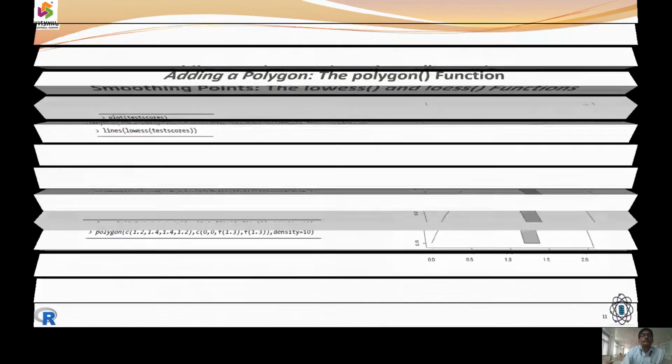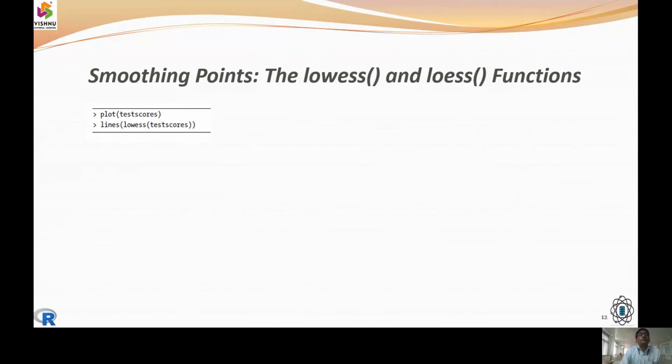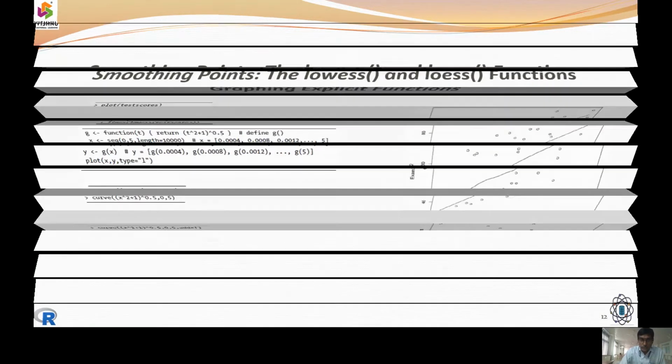Some data need to be smoothed, some data should be smooth. That is, we need some lossy function, we need some lossless function. So if we decompose the data, we need to reduce the data. So for that, lowess is a function where we are going to apply the smoothing operation.